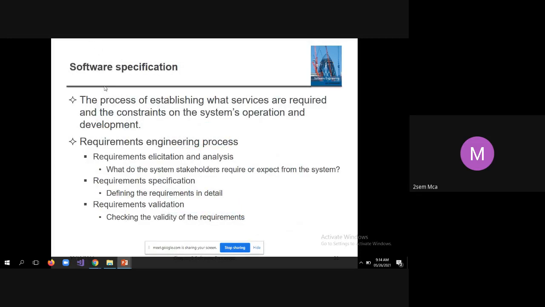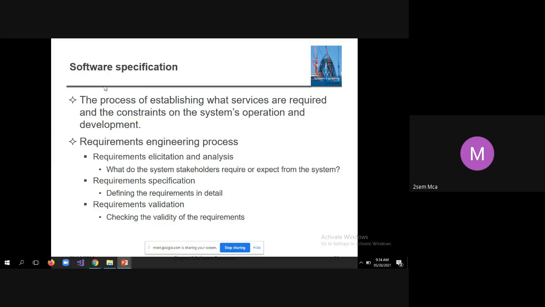Software specification: the process of establishing what services are required and the constraints on the system's operation and development. That is called software specification. If anybody asks you what is software specification, or if you get a question, here is the answer. It is the process of establishing what services are required and what the constraints are.